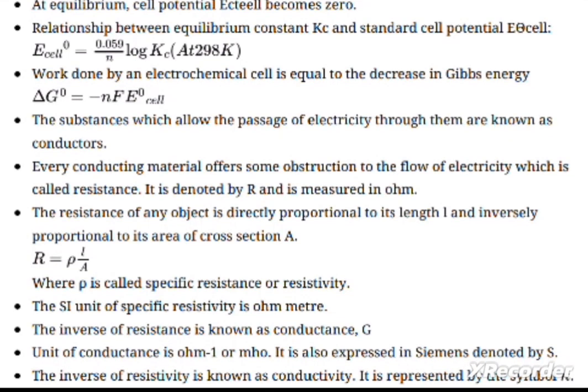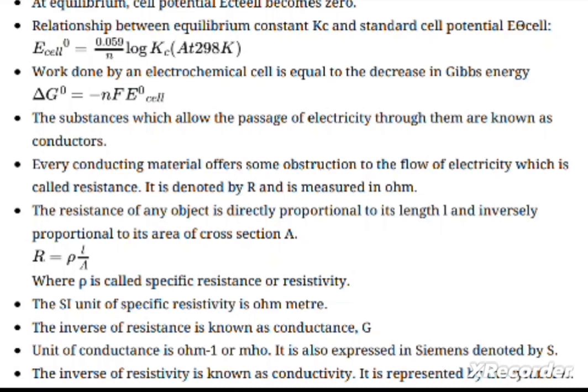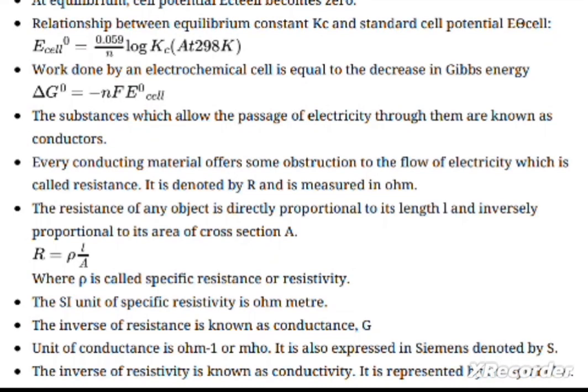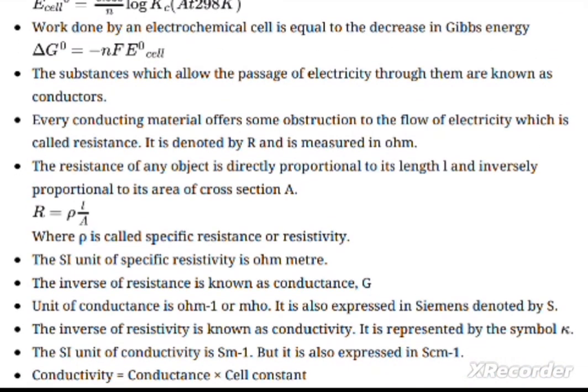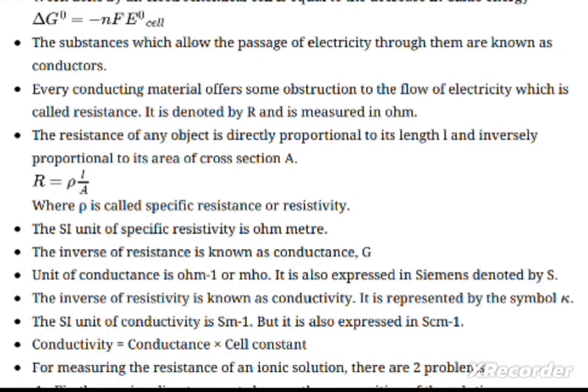Next, the work done by the electrochemical cell is equal to the decrease in Gibbs energy. It is denoted by delta G naught equals minus nF E naught cell. A substance which allows the passage of electricity through it is known as a conductor. What does conductor mean? The substance which allows the passage of electricity through it